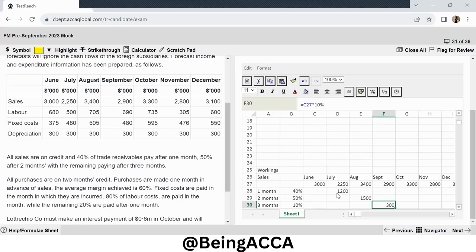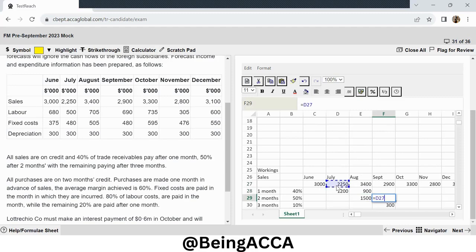So for the month of July, I'm going to be getting 40% of payments in the month of August. Then I'm going to be getting in the month of September, sorry, I forgot to put the percentage sign over here. So 40% will be received over here. And then after 2 months, for the month of July, I'm going to be getting the payment of